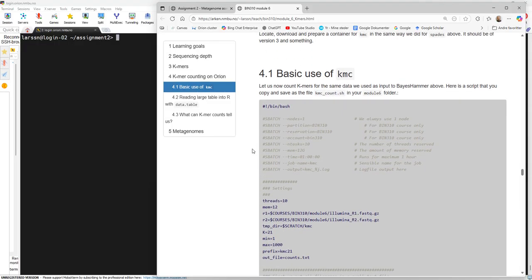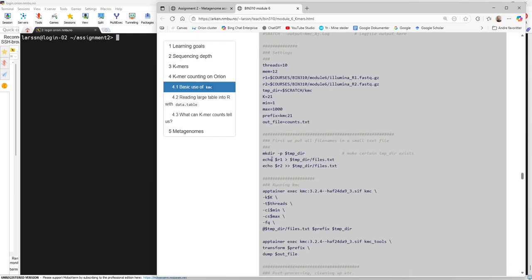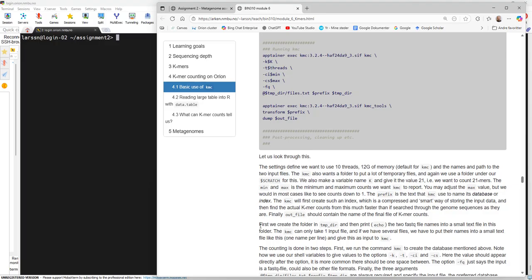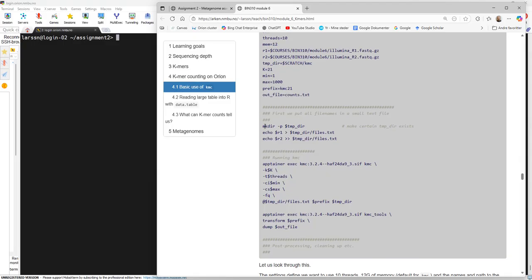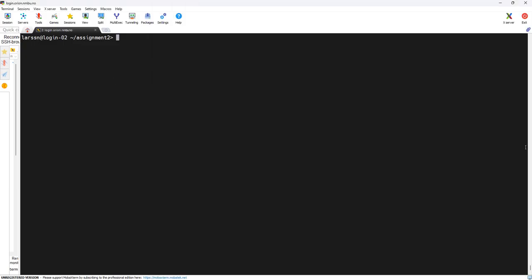And what I would like to highlight a little bit here now is this part of this shell script. It's explained a little bit below here, but I would like to make you understand what is actually going on in these two lines of code. What are we actually doing here? Echo $R1, and then you have this operator here, which we call a redirect. So let me show you here in the